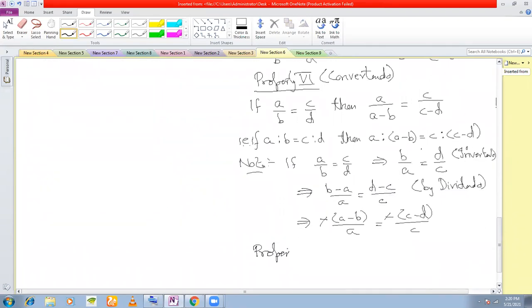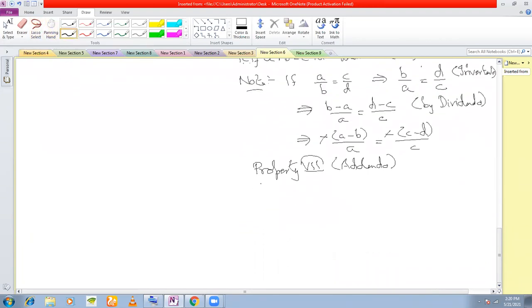And the last one, property 7, is called addendo. I don't think this is given in your textbook. Even if it is given, the name is not given. Property 7 is called addendo. That is, if a by b is equal to c by d is equal to e by f, and this continues, if we have it like this, then all these ratios are the same as